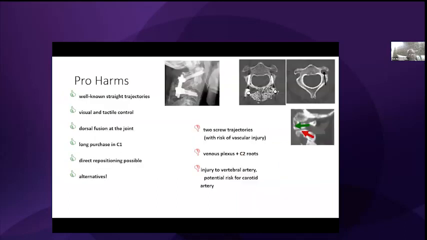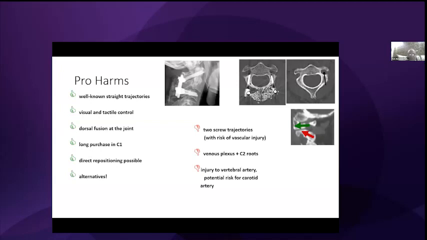So this patient is more favorable for the Harms and Goel technique, by applying a lateral mass screw in C1 and a pars screw in C2. And of course, we'll go down to C3 to augment the construct because of the fracture in the pars at C2. It is well known, with straight trajectories and visual and tactile control. Dorsal fusion can be achieved, and manipulation of the C1, C2 facets to reduce the dislocation is possible, especially in expert hands,